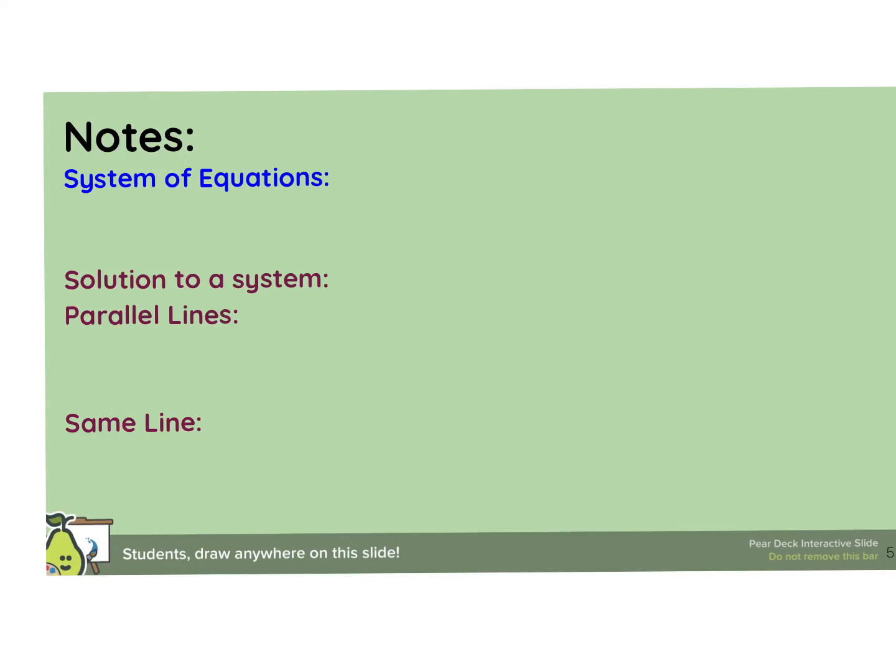Okay, so let's review what a system of equations is. We learned it yesterday. A system simply means you're working with two linear equations. So instead of solving one equation at a time, we're solving two. Now, yesterday we learned that the solution to a system is the point where they intersect, but that doesn't always